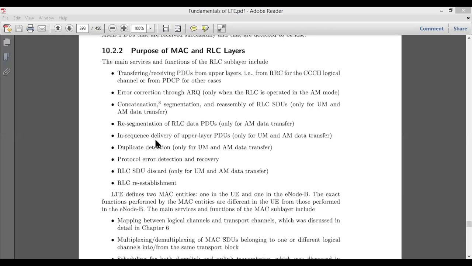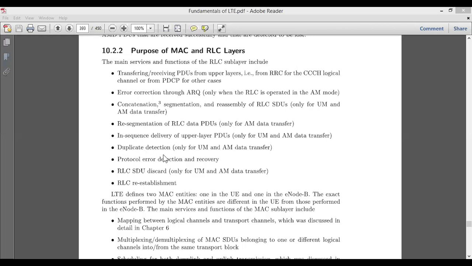Then there is in-sequence delivery to the upper layer. Whatever data we have categorized into different sequences by assigning sequence numbers can only be done under these two categories, that is UM and AM data transfer. Another purpose which RLC serves here is duplicate detection.